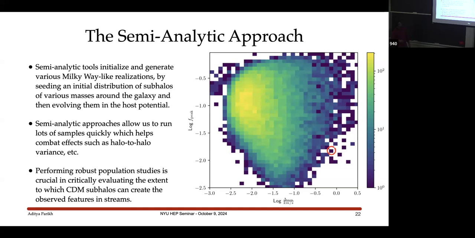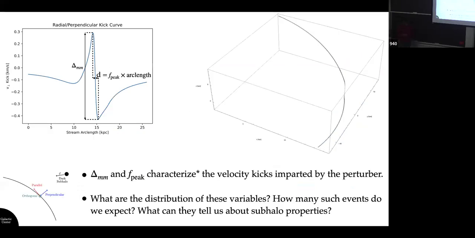So in particular here, just off of one realization, this is a plot of delta v in kilometers per second, or log of that, versus log f peak. And basically we see that for a CDM-like halo, you have most of your power down here, which is very, very soft perturbations that are occurring over a larger portion of the stream. And in particular, this red one that I've circled here is actually this event that I simulated here. As you notice, it was in the bottom right, so it was extremely concentrated and also produced a very large kick. And therefore, you can very clearly see an observed feature, right? But